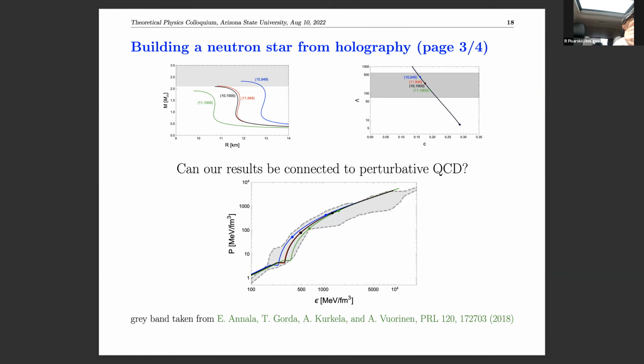I see, but in other words, you're saying in other models, they need a sharp peak to match onto the perturbative limit at high densities. And you're saying if you forget about that, you're just staying above the conformal limit and you can still get very heavy neutron stars. I don't think that I need the peak in the sense that I have to go down. Right. I see. Okay, no, that's interesting. Yeah, that's indeed a very good point.